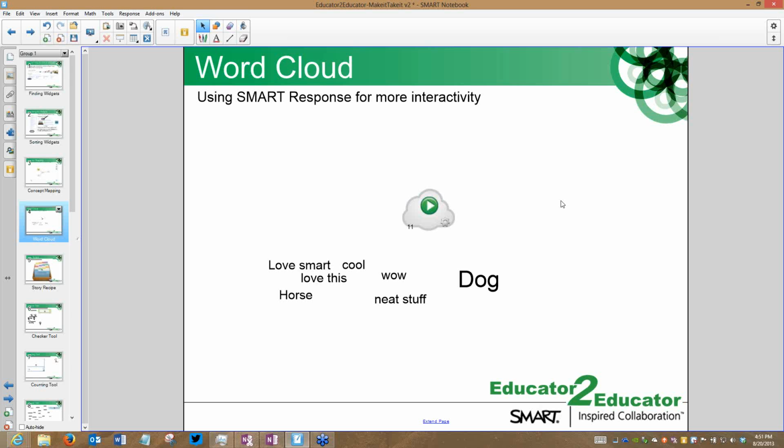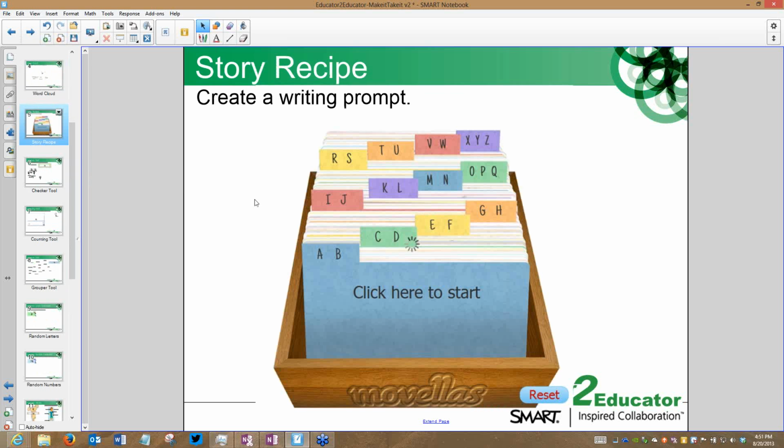Okay. No, that's fine. I like the Smart Response VE when I'm doing the webinars because I can get everybody else to participate very easily. All right, so you can see the Word Cloud widget works really, really well. I'm going to show you only a couple more widgets because I am watching very closely my time. If you have downloaded that notebook file, you will see there are many, many other widgets I did throw in here, but I'm just going to show you a couple of them real quick. One of my favorites, this is not one of the newest widgets, but I do like this one because it's such an incredible widget in regards to story prompts.